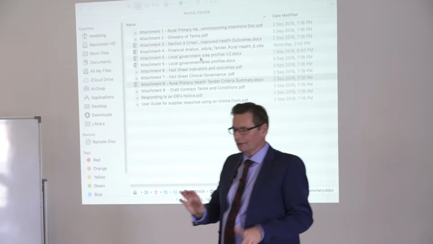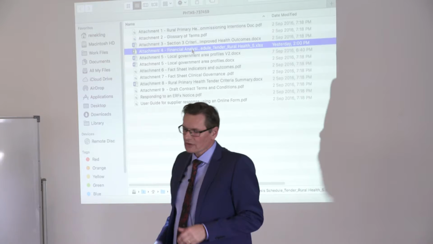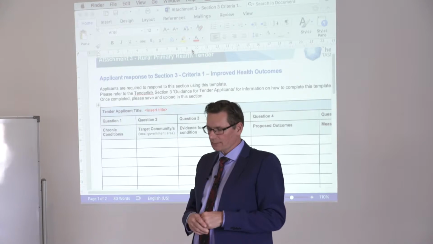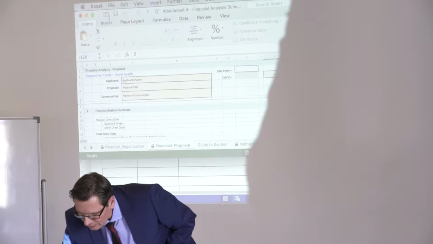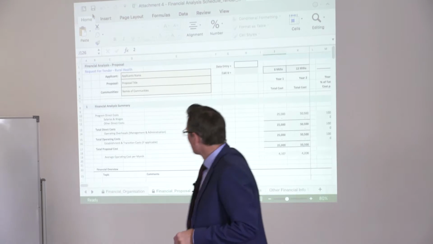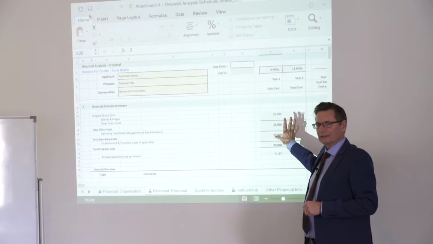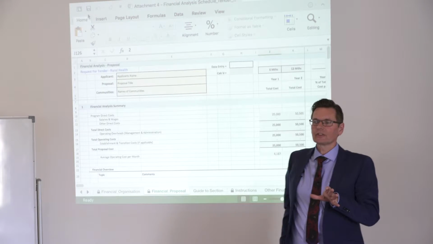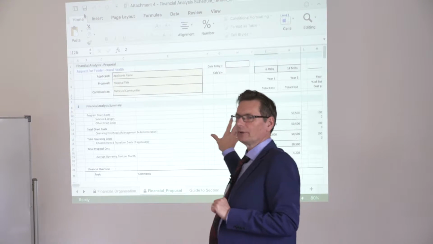4 is the other one that you need to look at. This is the financial analysis document, and there's a few things I would like to point out with that one. I'll just make that full screen. This is information for you to complete. So the key thing I'm going to tell you later is don't upload your own spreadsheets. You only upload this particular one,